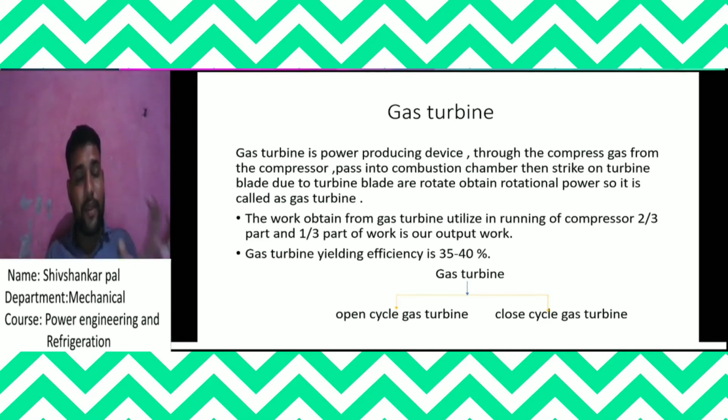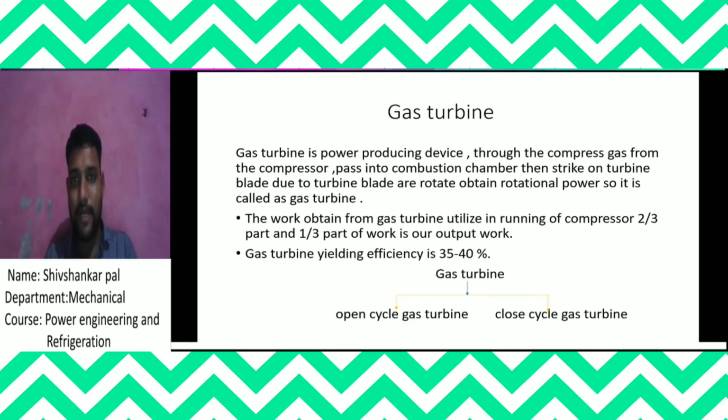Our heat energy is the low grade energy, and our mechanical energy, that means rotational or gear mechanism or belt, when power is transferred, mechanical energy is the high grade energy and heat energy is the low grade energy. When low grade energy is converted to high grade energy, more losses occur, and this conversion uses a converter. So the heat energy converting into mechanical energy is the same here in the gas turbine.